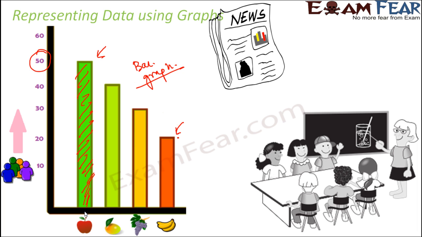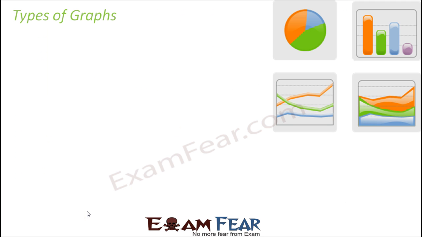Now, you have often seen graphs in newspapers. For example, in the weather report section of the newspaper, many times, just to show how the weather has been changing in the last few days, graphs are drawn. Graphs are also used to show the sales of a particular company, like how the performance of the company is changing in the last few months or quarters. So these are some of the places where you see graphs being used.